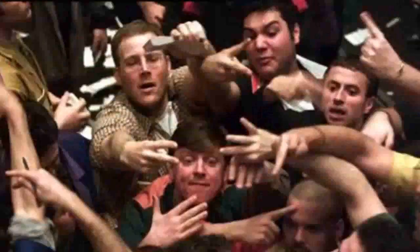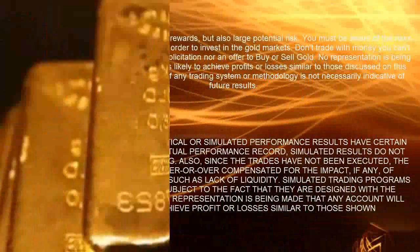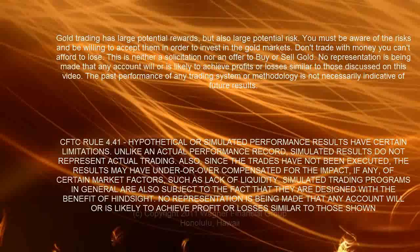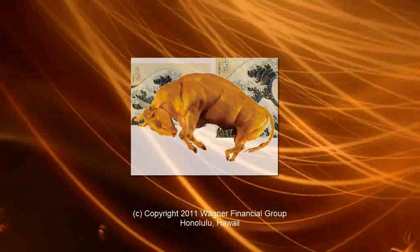Many sights to see, and when I look in my window, so many different people to be, that it's strange